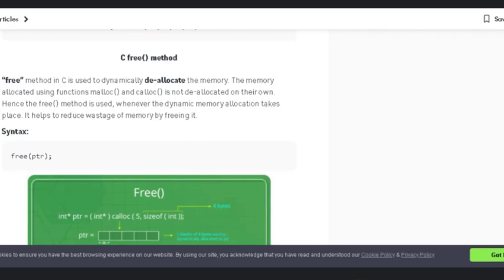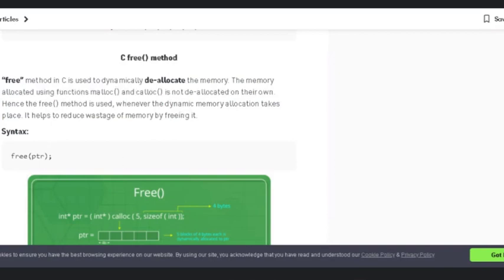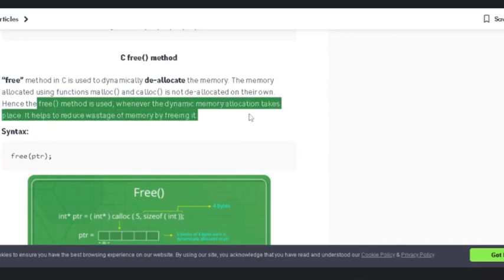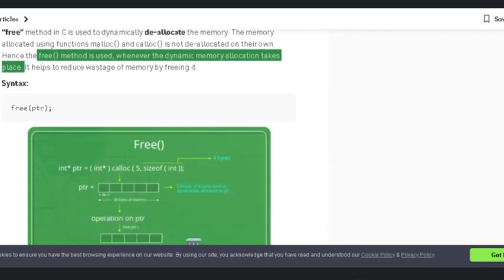So the memory space can be reutilized for some other purpose. For deallocation of the used memory, the free function is used. Memory allocated using malloc and calloc is not deallocated on its own, that means it is not freed on its own. So the free function is used whenever dynamic memory allocation takes place, right? This helps to reduce memory wastage.